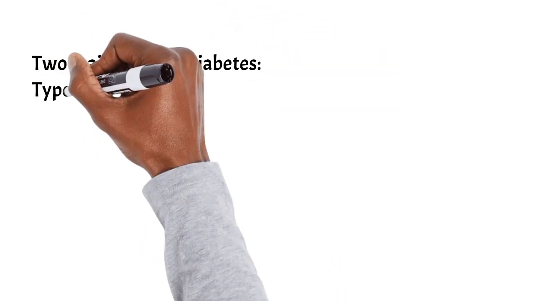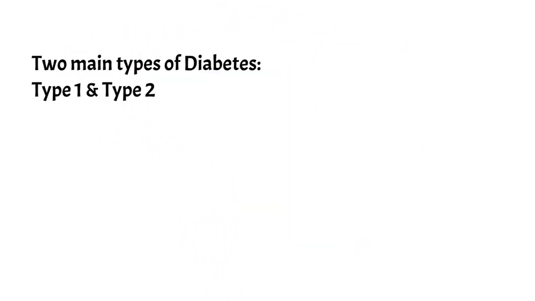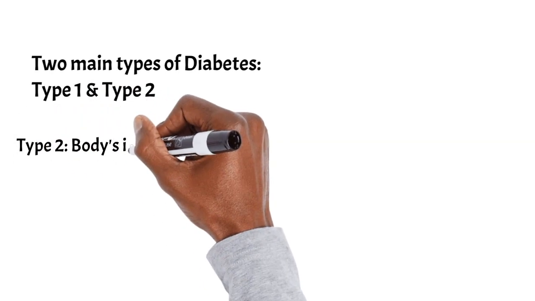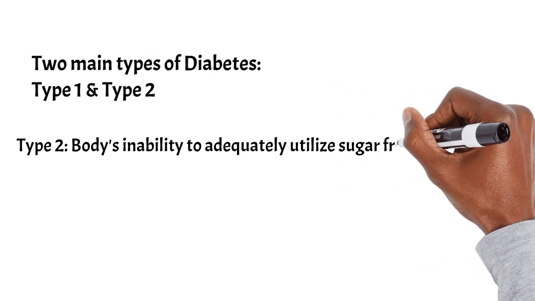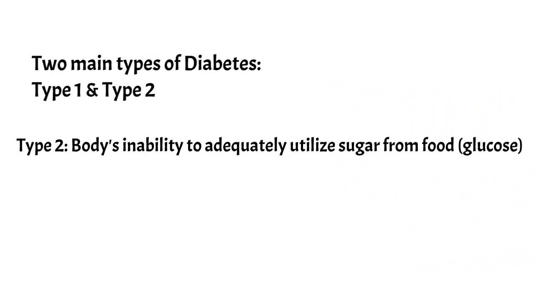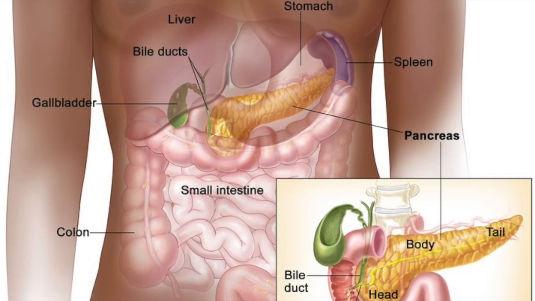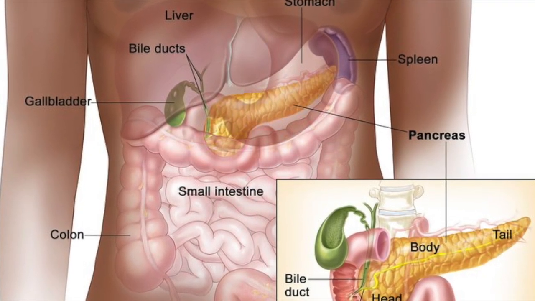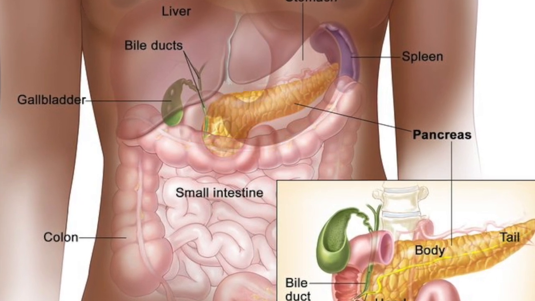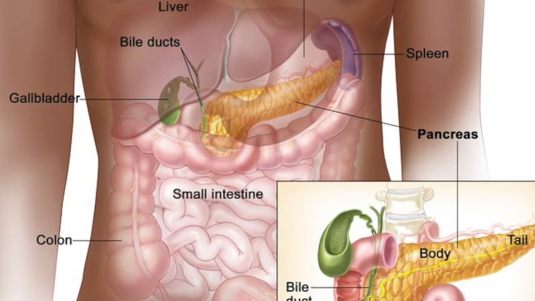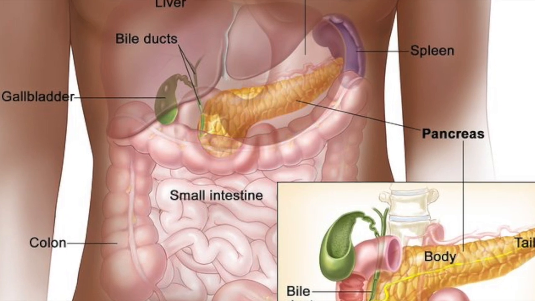There are two main types of diabetes, type 1 and type 2. But in this video, I'll solely focus on type 2. Type 2 diabetes is a form of diabetes whereby your body can't use energy from food properly. In the body, there's an organ referred to as the pancreas. The pancreas produces a hormone known as insulin. The role of insulin is to help the body cells take up the glucose, which is the sugar produced by